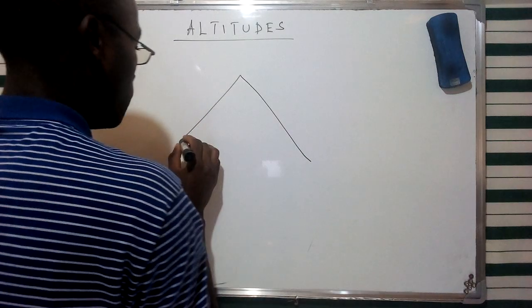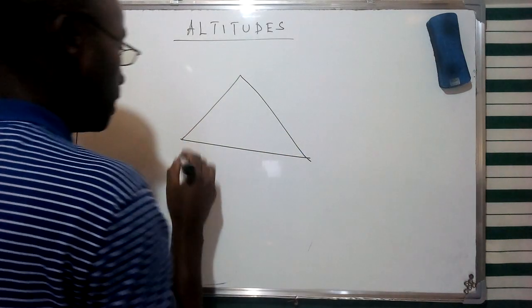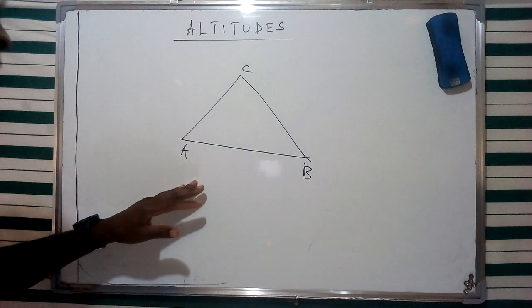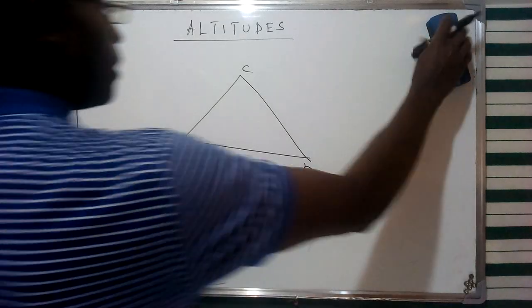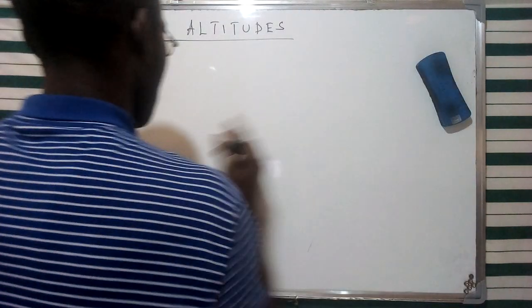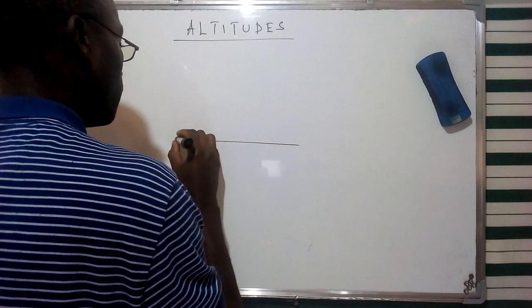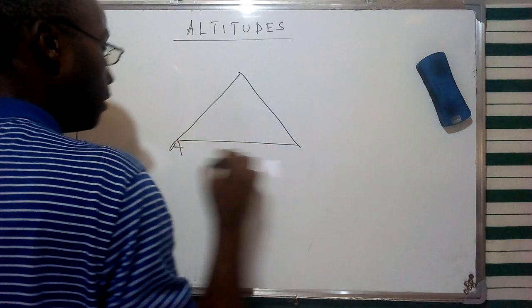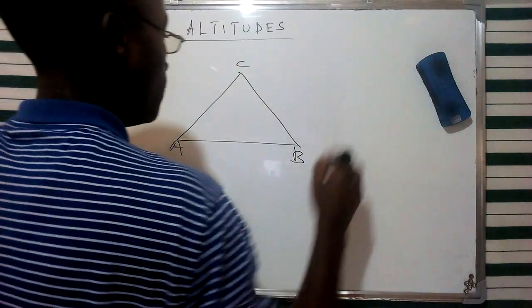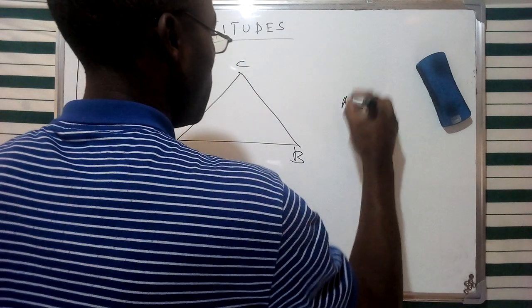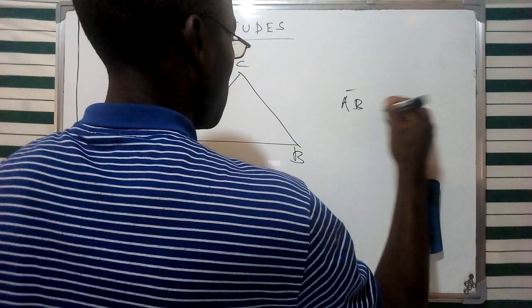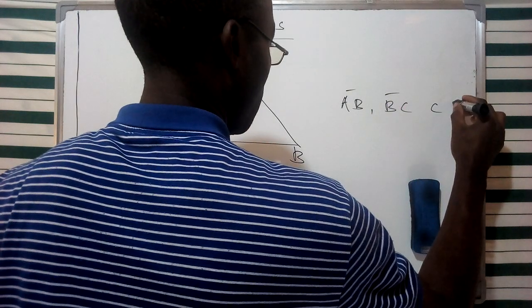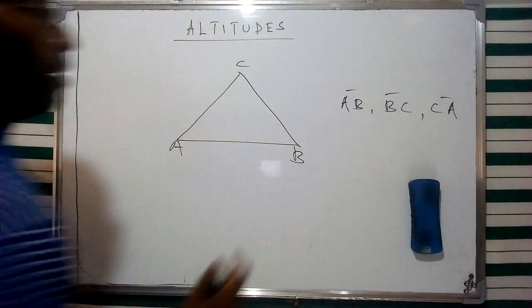in this case we have talked about the aspect of a segment of a triangle. We said that a triangle has three segments, so I can give a clear illustration. A triangle has three segments, and I'm going to use A, B, and C. I say that I have AB as one of the segments of this triangle, then BC as another segment, and CA as the last of the three segments